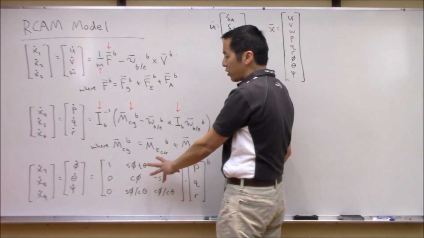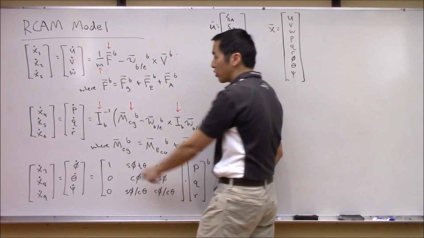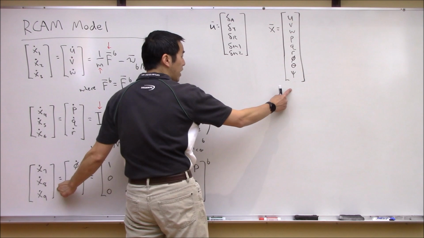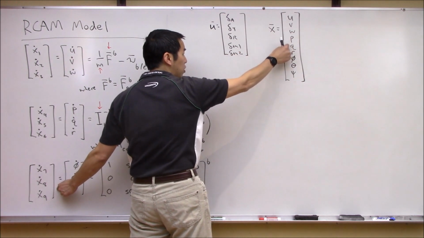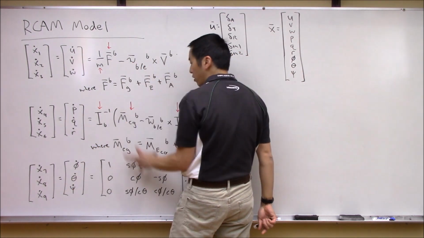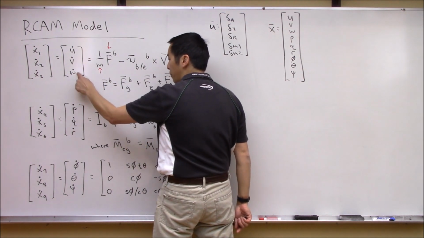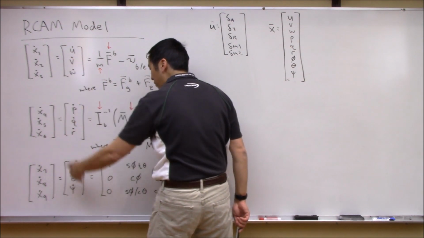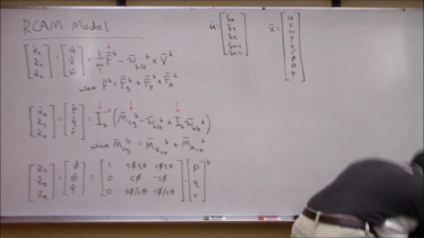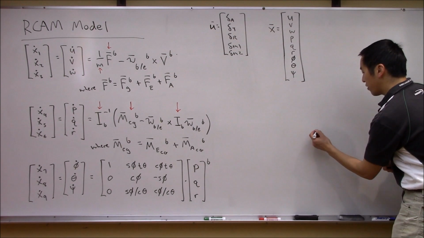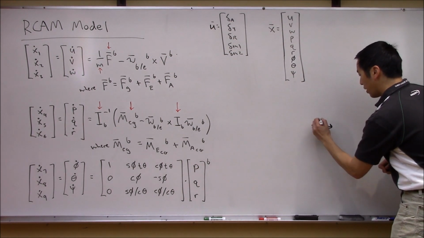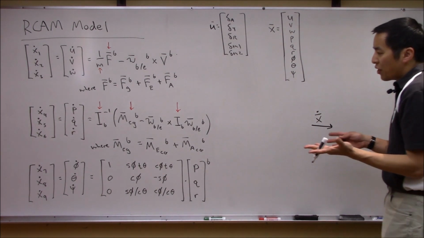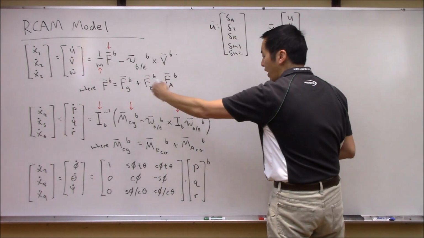The whole purpose of all these complex 9 differential equations is to basically calculate the state derivative, x dot. So again, remember, here's our state vector: u, v, w, p, q, r, phi, theta, psi. All of these relationships give you u dot, v dot, w dot, p dot, q dot, r dot, phi dot, theta dot, psi dot. So the left-hand side, what we want coming out of this, is going to be x dot. And if you think about this long enough, we now have to figure out what is necessary to